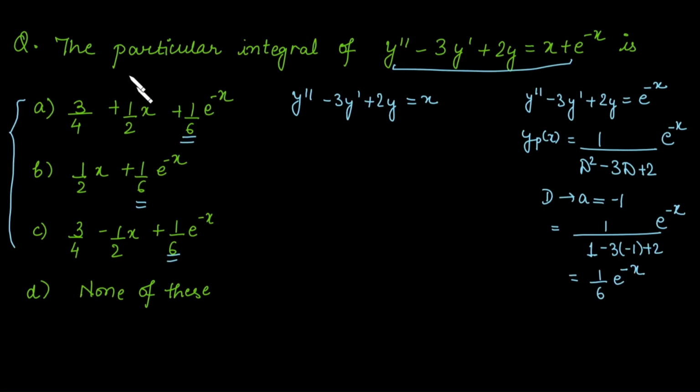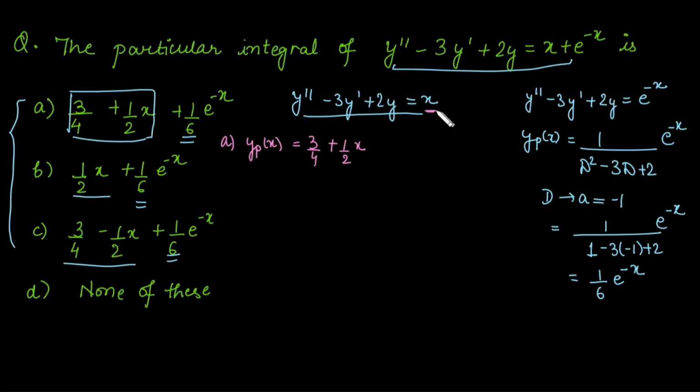So we cannot say that A, B and C is incorrect from here. We need to identify whether for polynomial answer is this one or this or this. So first I assume that if the particular integral corresponding to x from this option is this, definitely it will satisfy this differential equation. Just calculate its first order derivative, that is 1 by 2. Its second order derivative, 0. Now substitute these values over here.